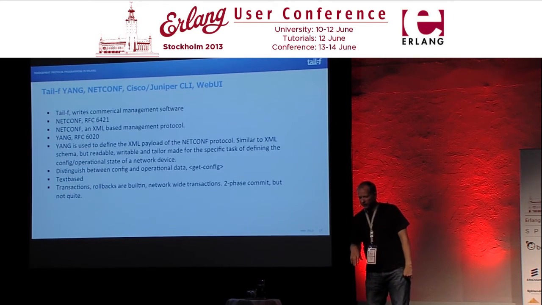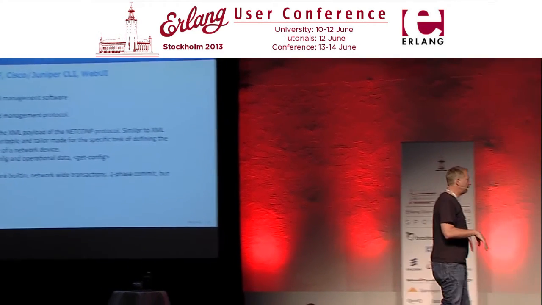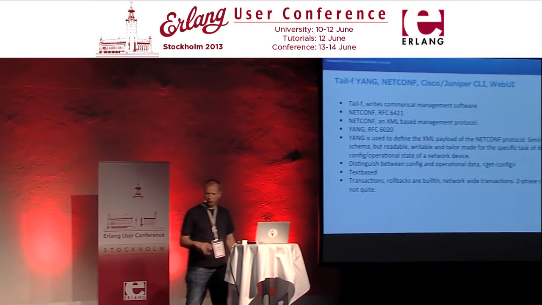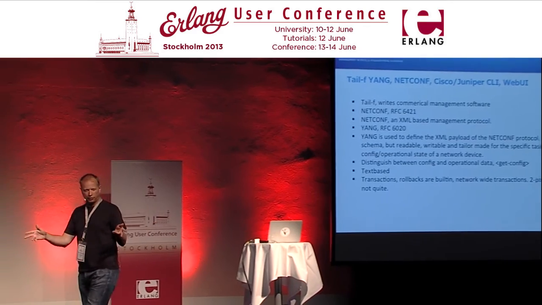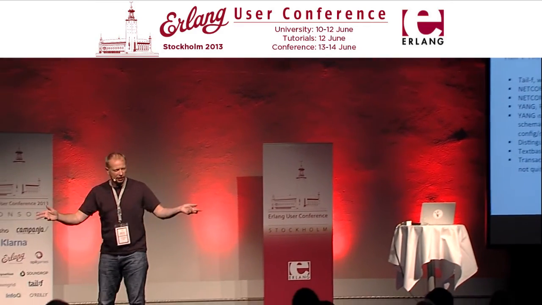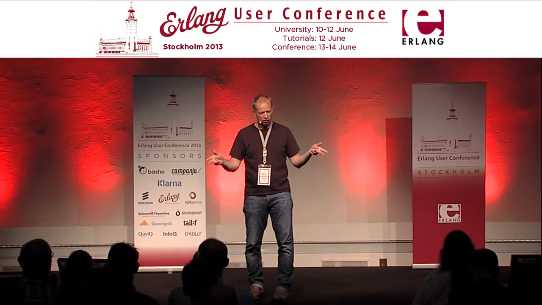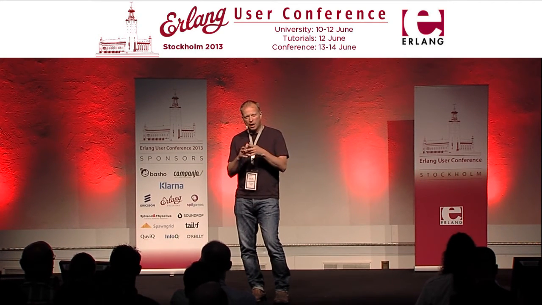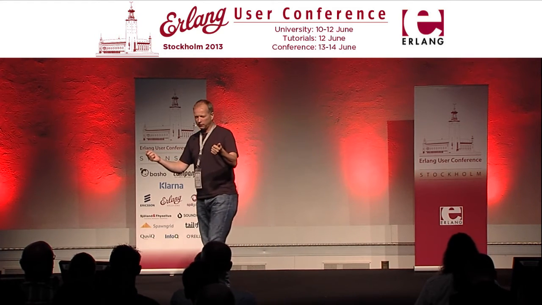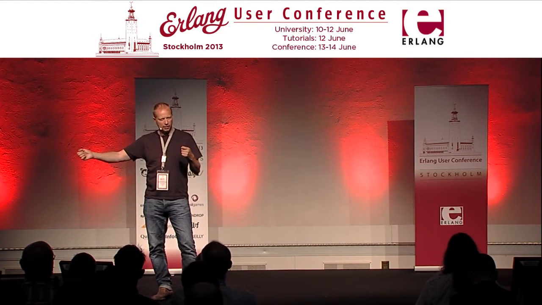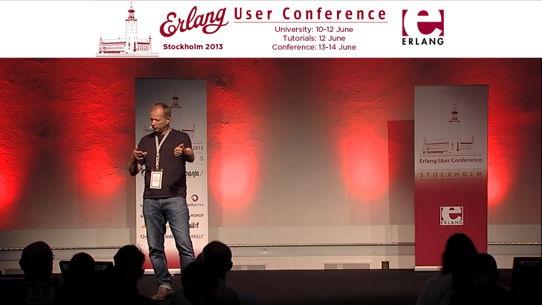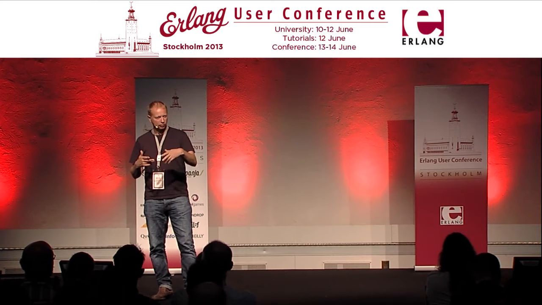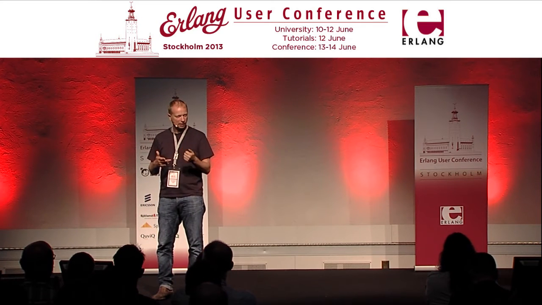Transactions. This is something I'm going to spend some time on now. When we reconfigure things in a number of applications, or we reconfigure a network, we want to be able to do that as a transaction. So say I want to change 2 routers and 1 switch. I send the change to router 1 and router 2 and then to the switch, and the switch says, no, I don't like this. Maybe you're talking CLI to it and it comes back with an error string.